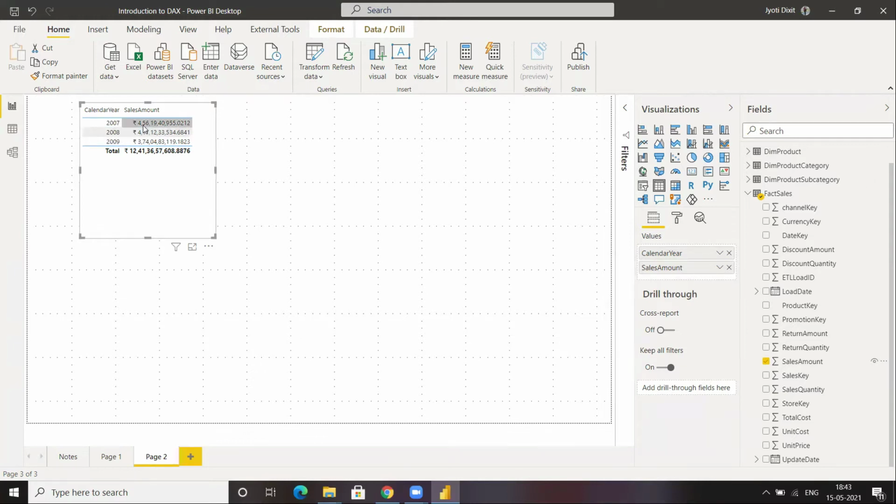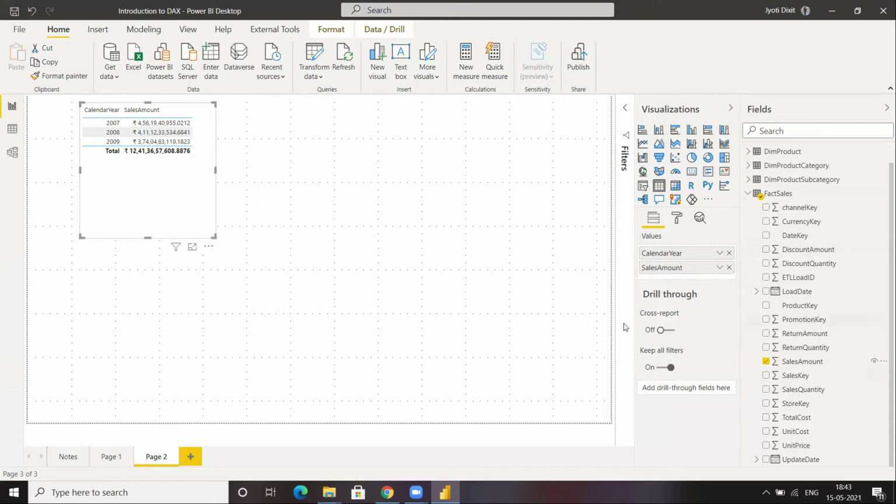You have around 4 crores rupees corresponding to 2000, 4 crores 11 lakhs corresponding to 2008, etc. So different values of calendar years have different values of sales amount, and different values of calendar year are able to filter